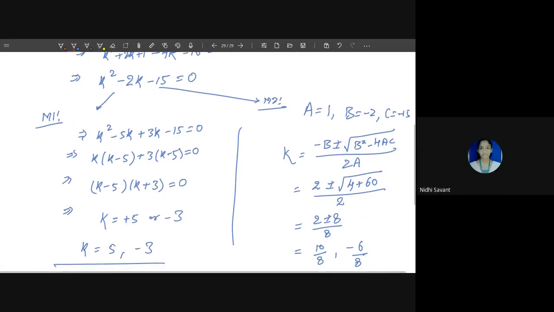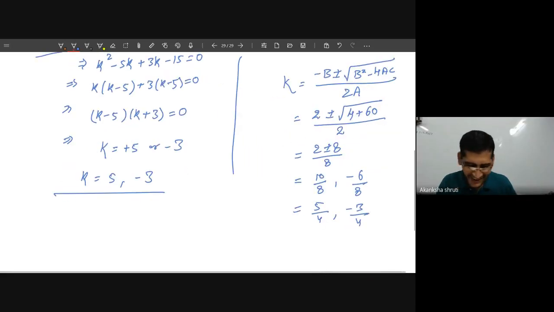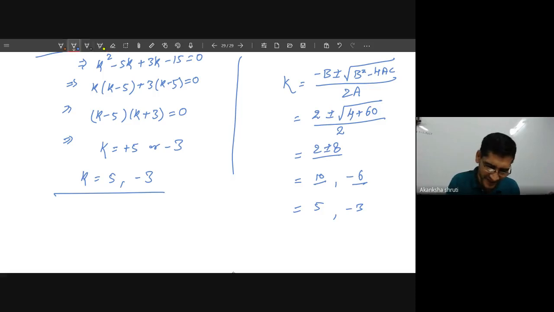Sir, the denominator is not 8, it's 2. Sorry, again the typographic mistake. You are right. It is not 8. It is 2. Good. So whatever we get will be the same result. So it is 2. Okay, students.